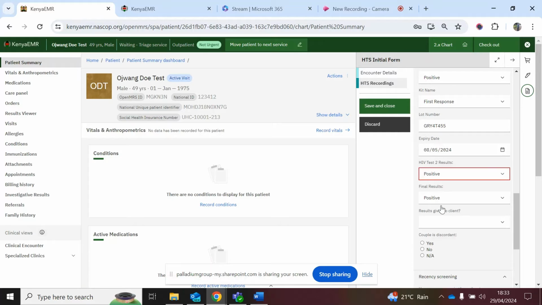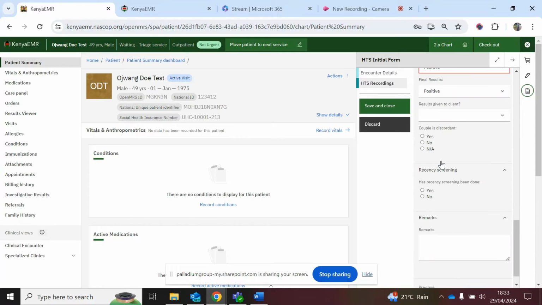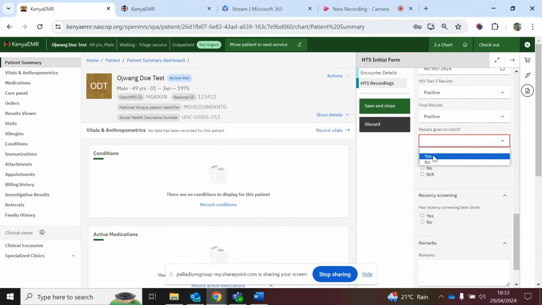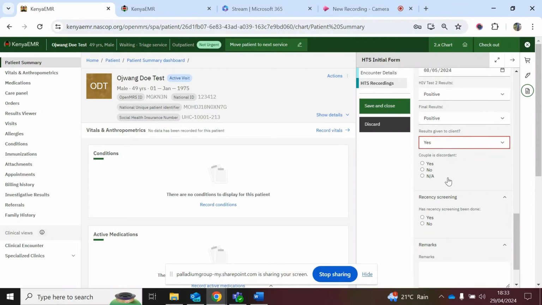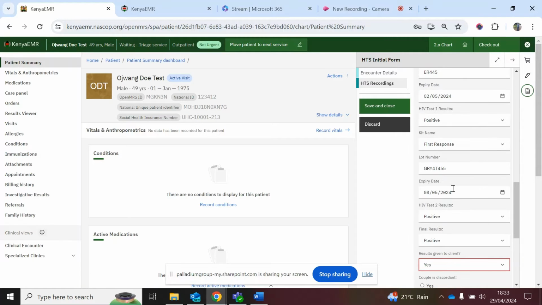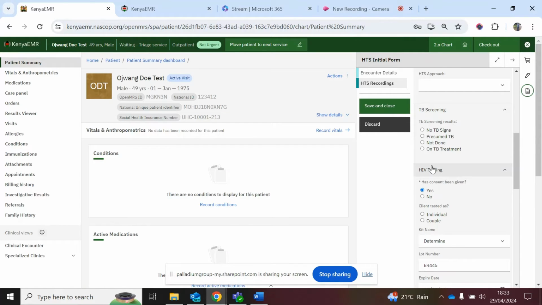Then it will give you the final result being positive. And when you get to this part, you'll be able to notice that now the inclusion of the recency screening. And again, the preventive services will no longer appear because now the client is positive, but you need to refer for care and treatment. So that's how machine learning can aid us in knowing the ones who are probable of turning HIV positive,